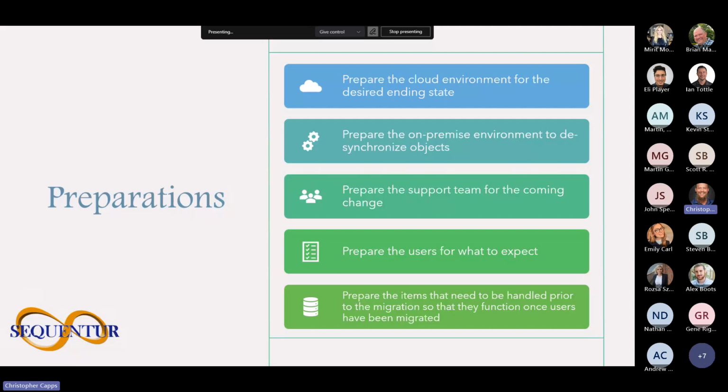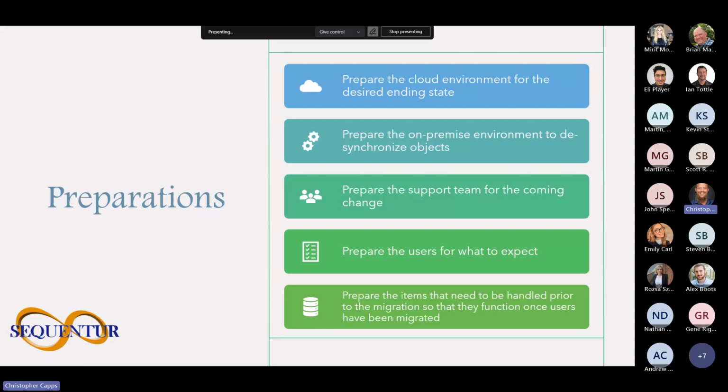So it makes management of users really easy. It's very similar in Active Directory, however, it's much more push button. That's the best way I can put it. So you want to make sure you have the cloud environment prepped for the desired ending state before you start moving your objects over.